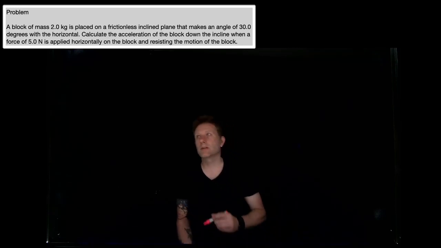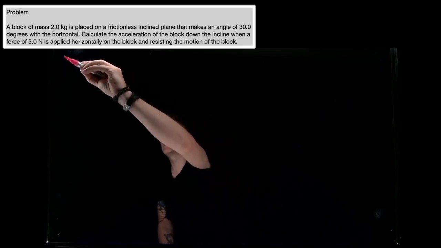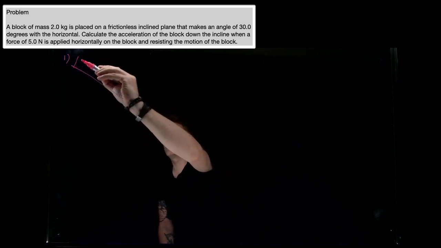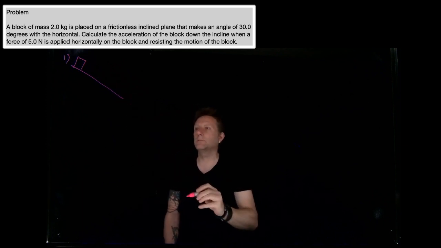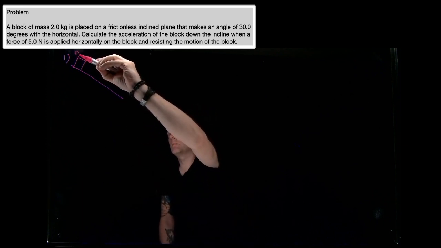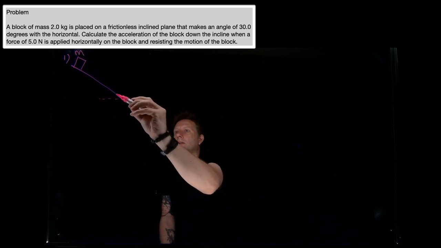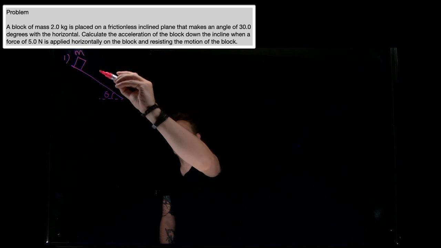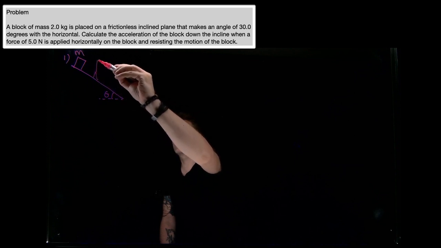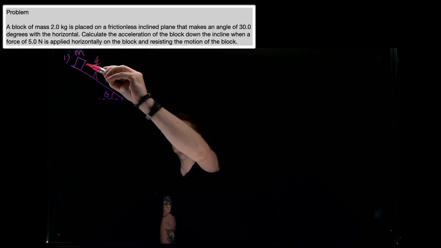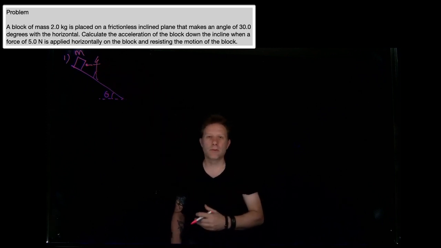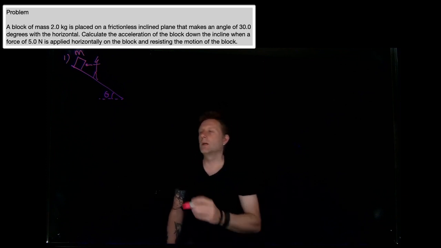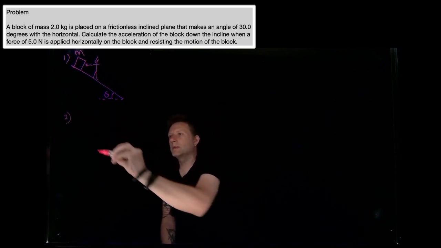We'll start with a sketch of this problem here. So that is step 1. We have an inclined plane. We have a box sitting on an inclined plane. We are given the mass and we're given the angle of the incline. We have a force being applied horizontally onto the box. So we have maybe a person just applying a force, kind of resisting the sliding motion down the inclined plane. It's frictionless. So the next step is the free body diagram,